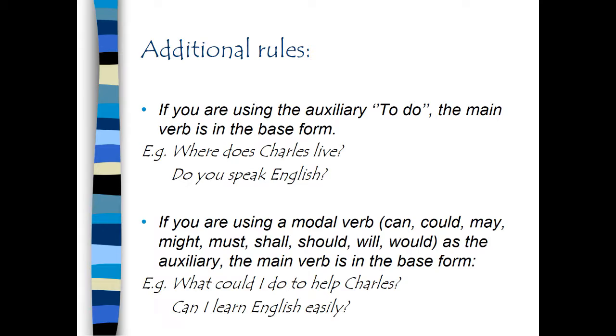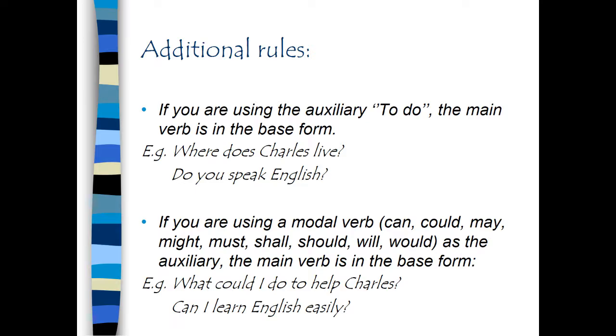If you are using the auxiliary to do, the main verb is in the base form. In this example, where does Charles live? The question word would be where, the auxiliary would be does, Charles would be the subject, and live is the verb in the base form. Do you speak English? In this case, we do not need to put a question word since the question is complete. However, do is the auxiliary, you is the subject, speak is the verb in the base form, and English